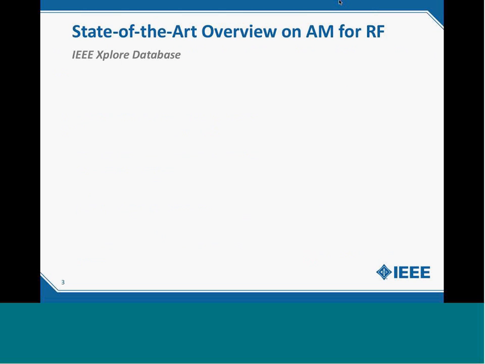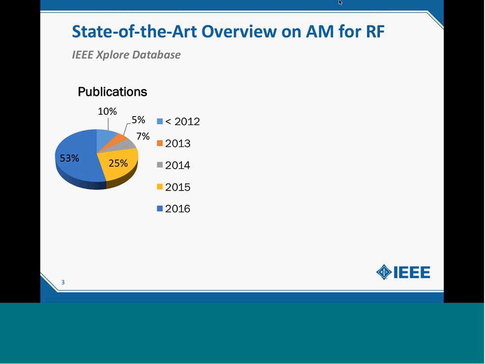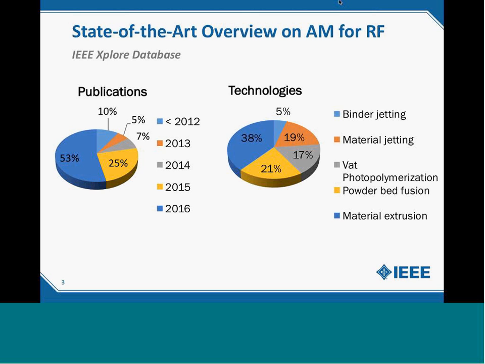Additive manufacturing started to be developed in the 1980s. Its popularity is quite recent, as shown by the number of papers published in the last 5 years. As you can see, more than half, 53%, of papers were published in the last year, in 2016. This proves the increasing popularity of this technology. As you see in the chart on the right-hand side,